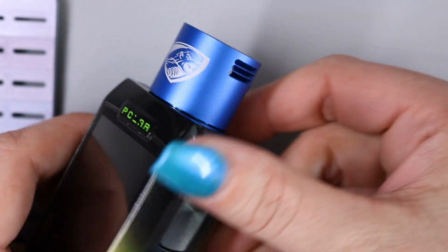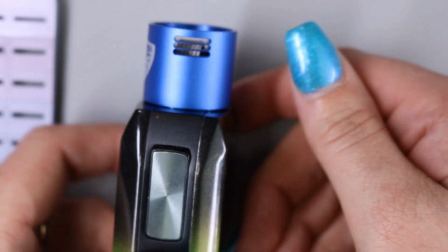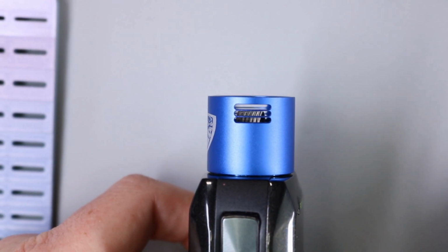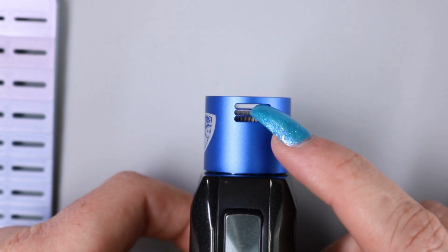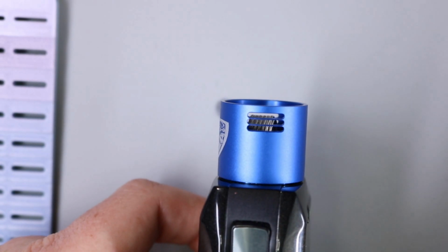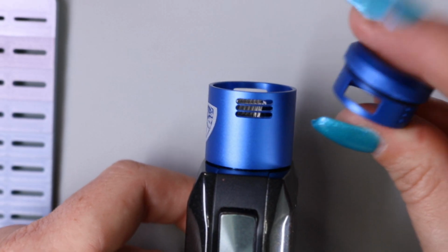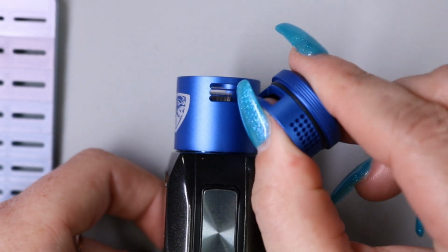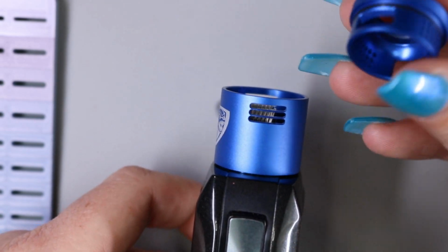So my barrel is locked down on there, and now we can look through the sides and see where the airflow is hitting my coils. So the airflow is hitting the top of the coil there and the center. I actually would like my coil to be just a little bit higher so that that top row there isn't just going over top of it. Now it does state that this is an angled downward airflow. If you look at the top cap there, it does have a little bit of a ledge that is going to angle that airflow downward a little bit,